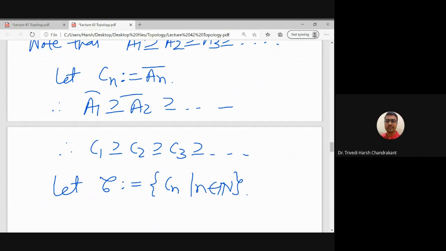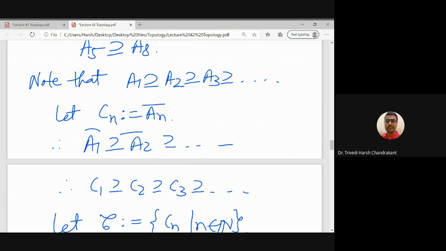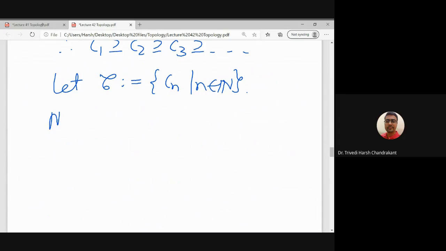Each element of Cn is a closed subset of X, and note that if we take any two natural numbers, one smaller than the other, m is less than or equal to n,